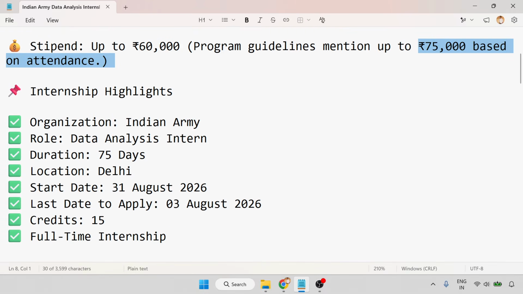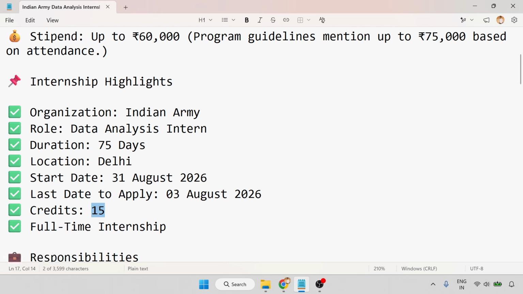So the internship highlights will be there. The organization is the Indian Army. The role is Data Analysis Intern. Duration is 75 days. Location is Delhi, and the start date is 31st of August 2026. The last date to apply is 3rd August 2026, and you will get 15 credits for this full-time internship